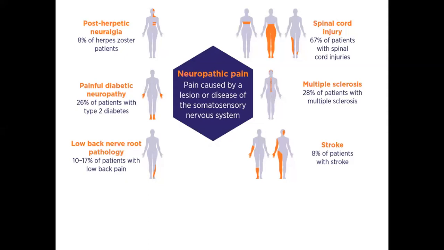Then you can have multiple sclerosis. About 28% of patients with multiple sclerosis will have neuropathic pain. However, as the disease becomes more and more severe, this percentage increases. As we also discussed, patients with stroke will suffer from pain. Remember, stroke will affect the biggest nerve that we have, the brain. It could be hemorrhagic or non-hemorrhagic stroke. As long as that part is affected, patients might complain of some neuropathic